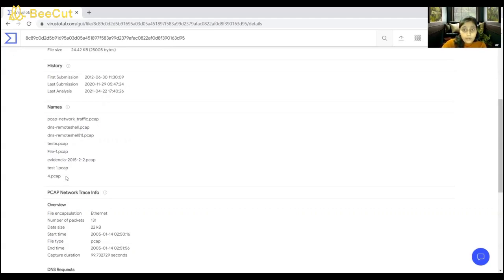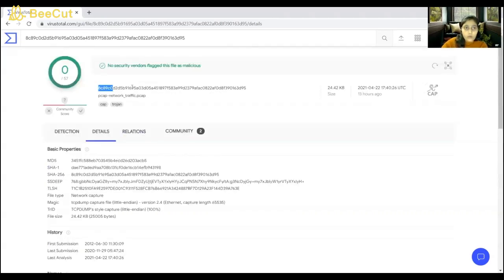Now, even though someone renamed the file, they all equal to this hash value. This is the hash value of the file. Okay, all of them equal to this hash value.